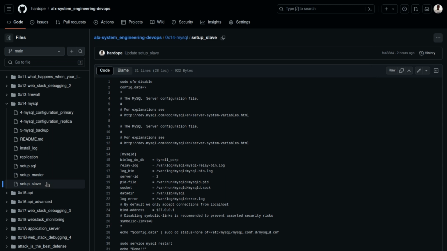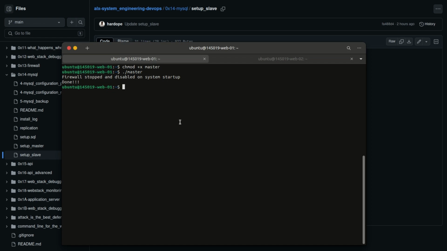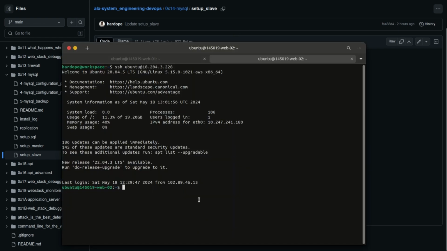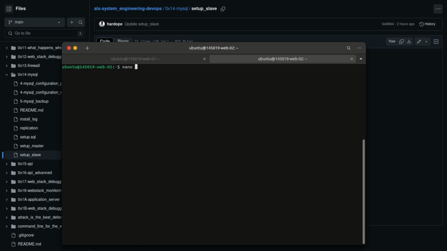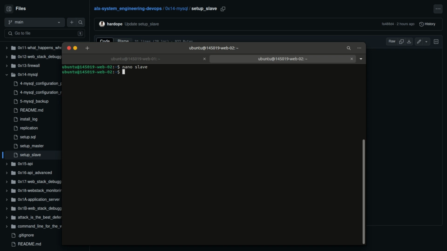So let me grab this. Web02. So now nano slave. So now as soon as I've done this, both servers will be prepared, and then we'll begin the replication